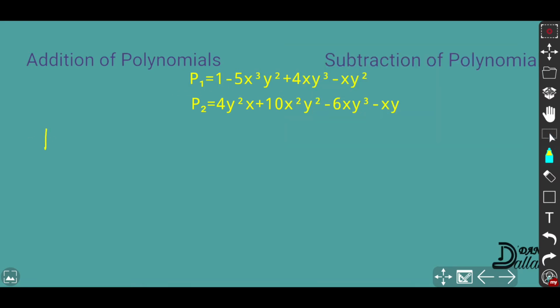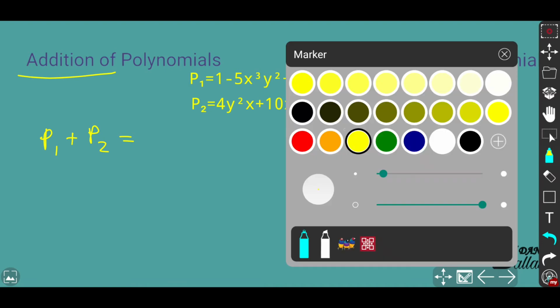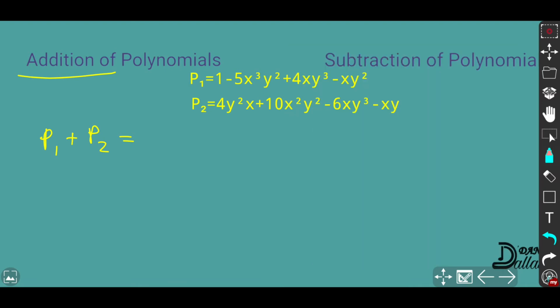So right now we're thinking about P1 plus P2 and trying to find results. So we work with addition. Okay, where are the similar terms? Try to pause the video, try to identify them on your own, and let's compare. So, similar terms,